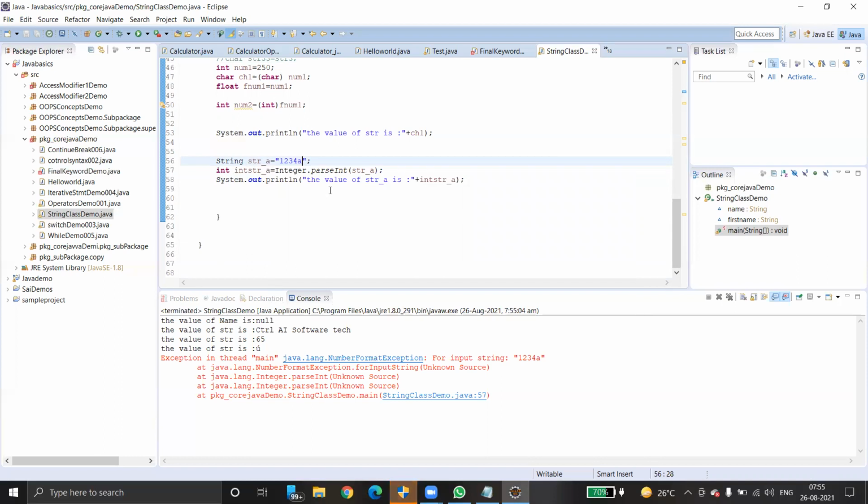You just added the alphabet A, that's why it gave an error. Correct. So basically we can convert a string into an integer value, but when parsing using parseInt, it should not have a character type. It should have only numeric values. Then only it will convert string to integer type.